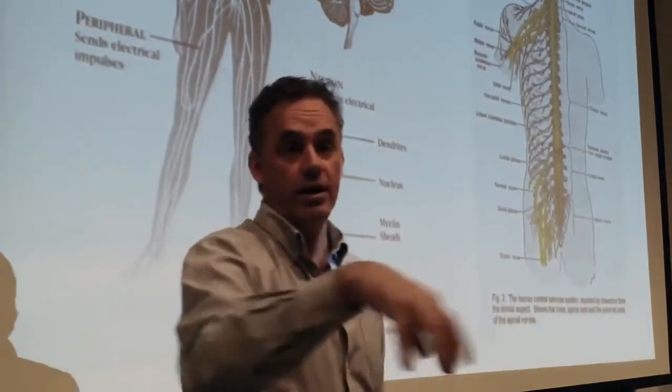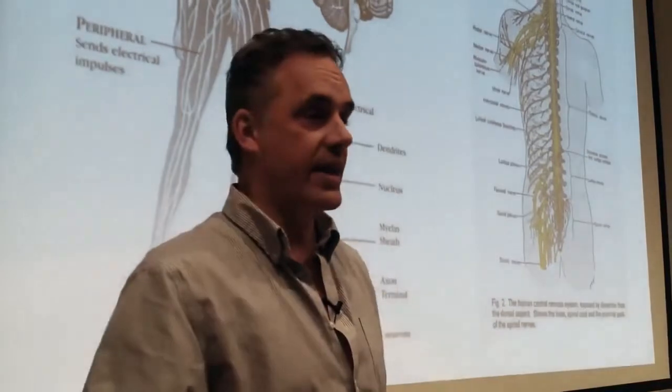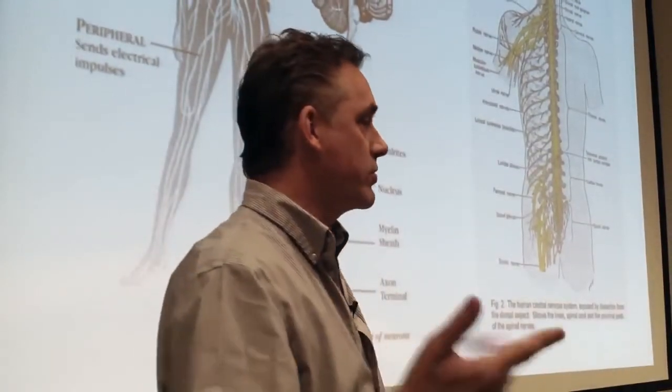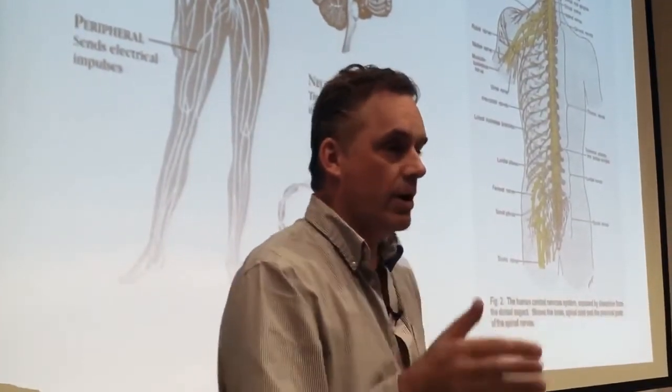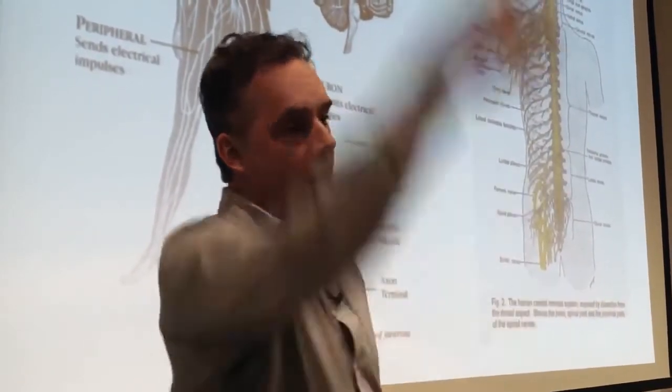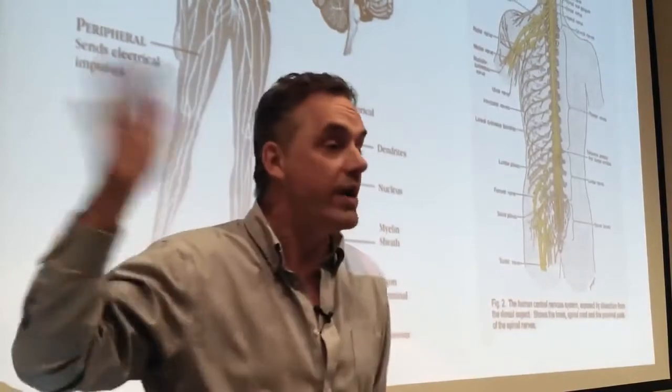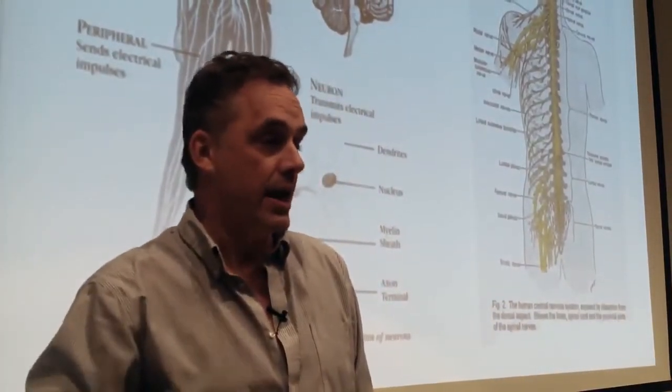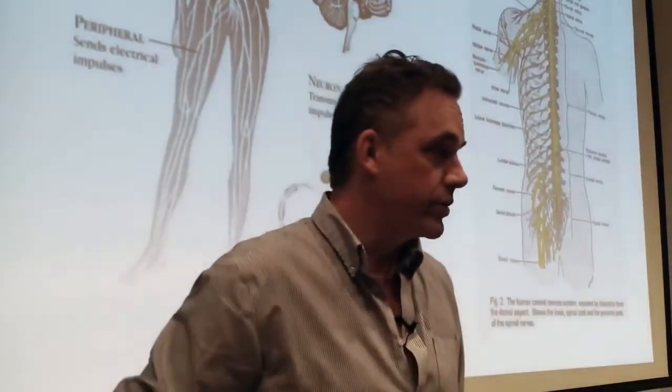So when you're walking down a pathway and a snake appears, you don't want to be thinking, you know, snake, rubber hose, stick, whatever, because then you're dead because the snake bites you. What you want to do is catch the snake out of the corner of your eye and jump up into the air before you even know that you saw a snake. And you can do that because your eyes can map right onto your spine.